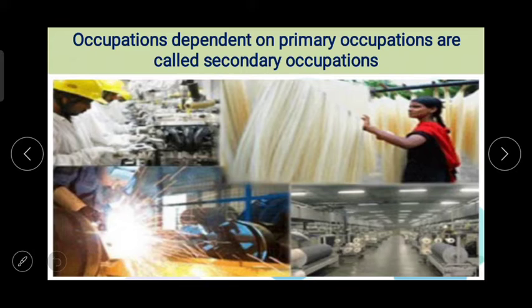Some products obtained in primary occupations are used directly, while others are used after making some changes in them. For example, milk, जो primary occupations में वैसे ही यूज किया जा रहा है, but after processing on milk we get some products. For this you can go for the picture E. In picture E, the milk is being processed after bringing it to the dairy, and the product obtained from nature is processed and made into different products.